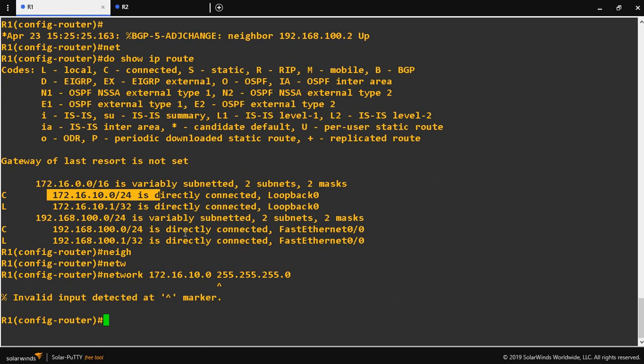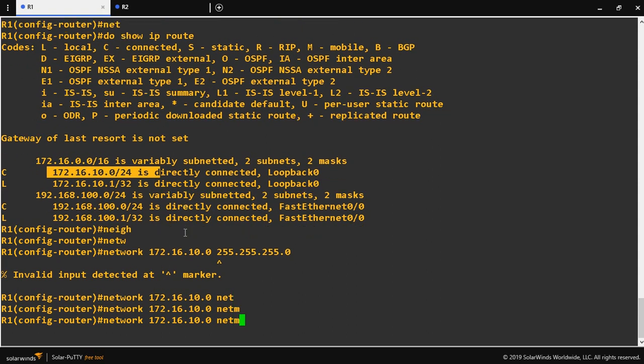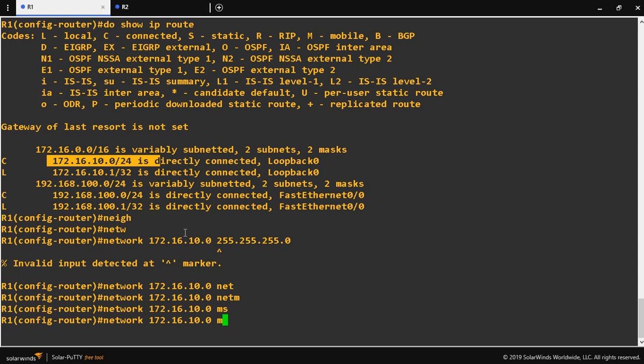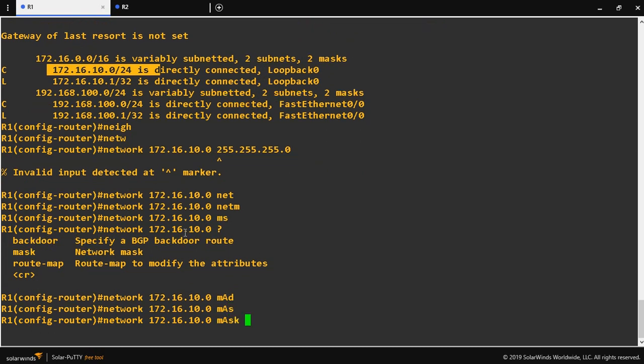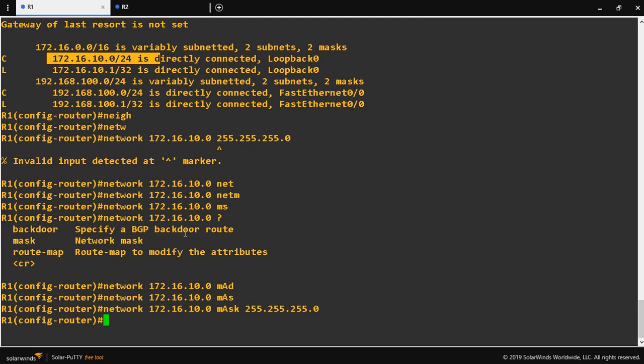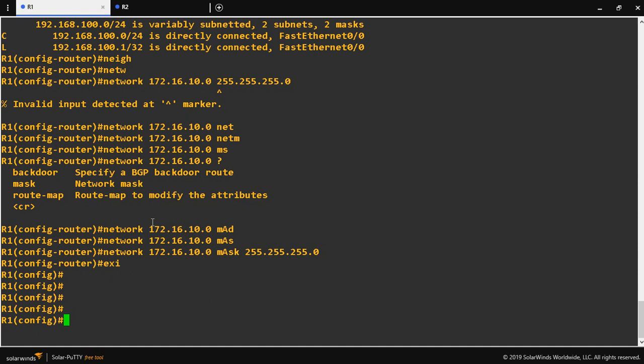We have to give the mask keyword, and afterwards give the subnet mask, 255.255.255.0, then exit.